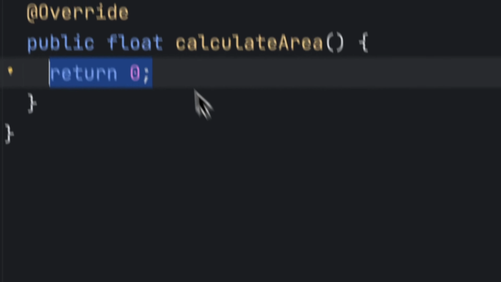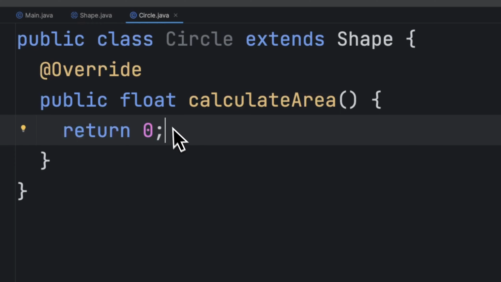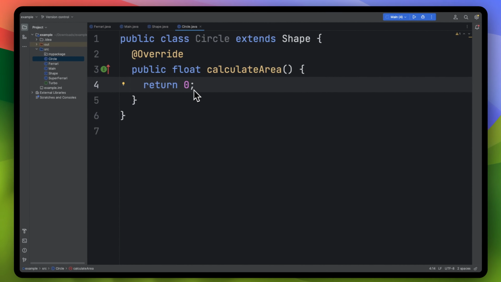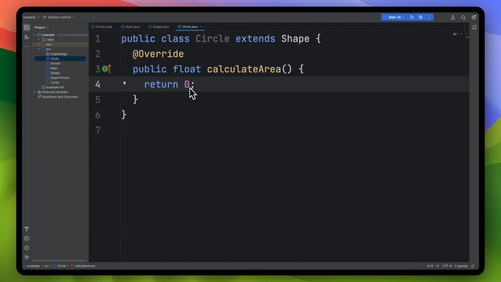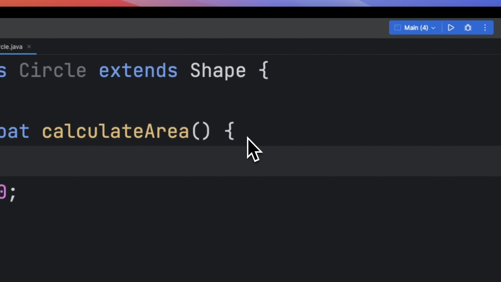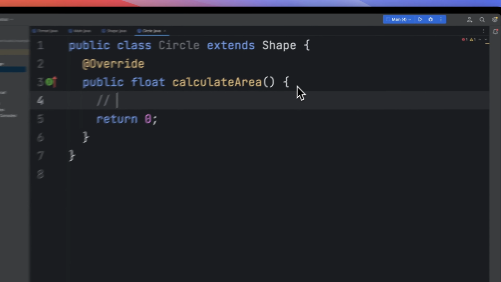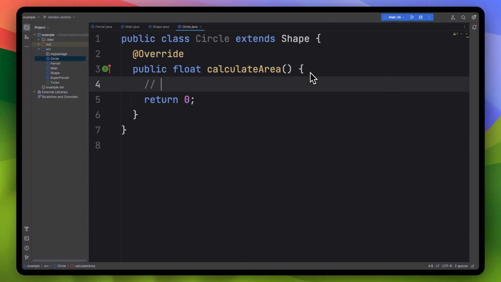Which method? Well, the calculate area method. This will do something like this, where you'll need some calculation. It's going to return 0 because it just did that for me. It's going to return some float, but the body of the method can be whatever the calculation is, you could do it here